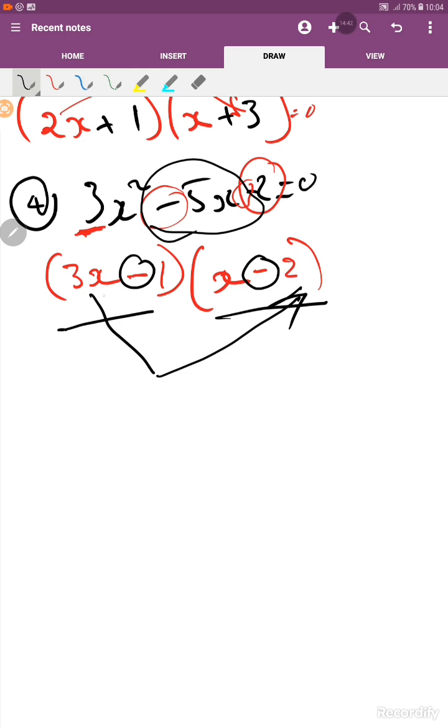So when you multiply 3x by 2, it's going to give you 6x, right? Therefore, let's go to the original equation and check what's going on. On the original equation, we have what? We have negative 5x. And then when we go to the factorization, when you multiply 3x by 2, you get 6x, meaning that